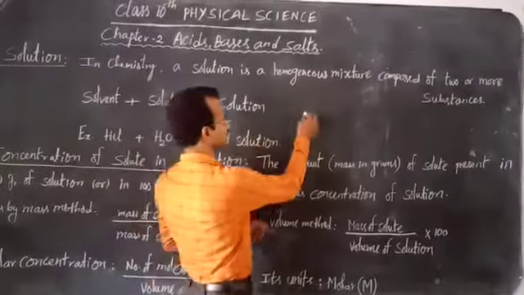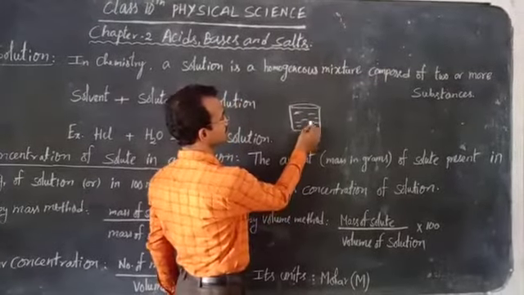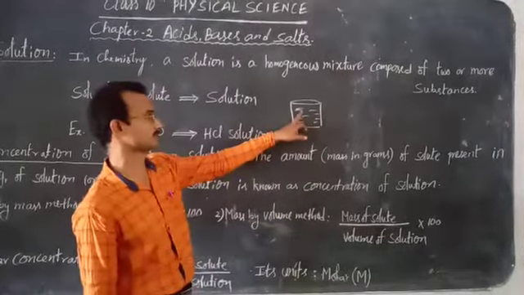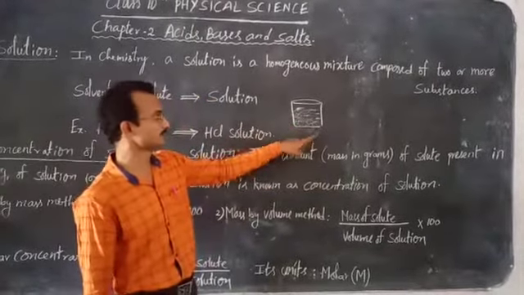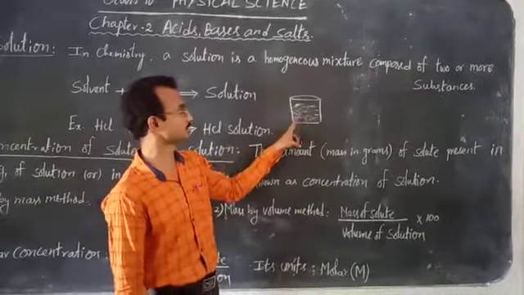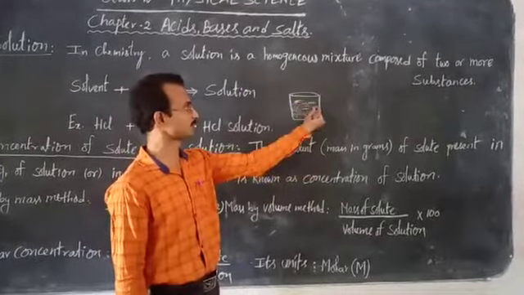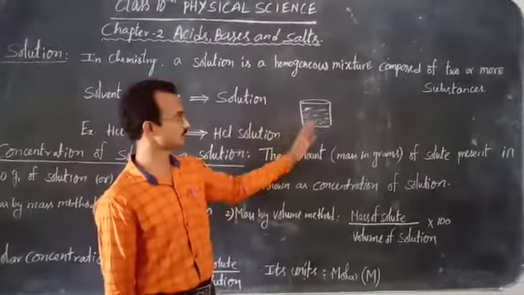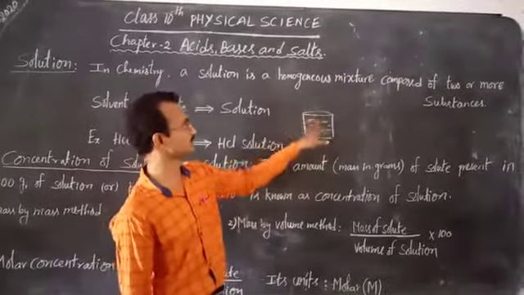Homogeneous means, for example, take a beaker of water, and if we add sugar or salt, we cannot see the sugar separately. This is sugar and this is water. Everywhere it looks the same. Though it consists of sugar and water, it looks the same from every part of the substance. So it is homogeneous. Wherever you collect the sample, its taste is sugar taste. There is no separation, no separate boundaries in this substance. So it is a homogeneous mixture.